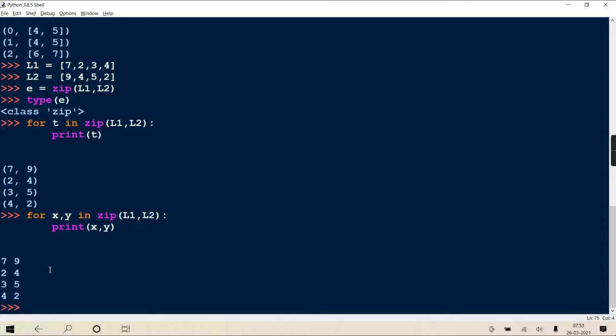So zip can be used to combine more than one iterable. Here I've used two iterables, but it can be multiple also.